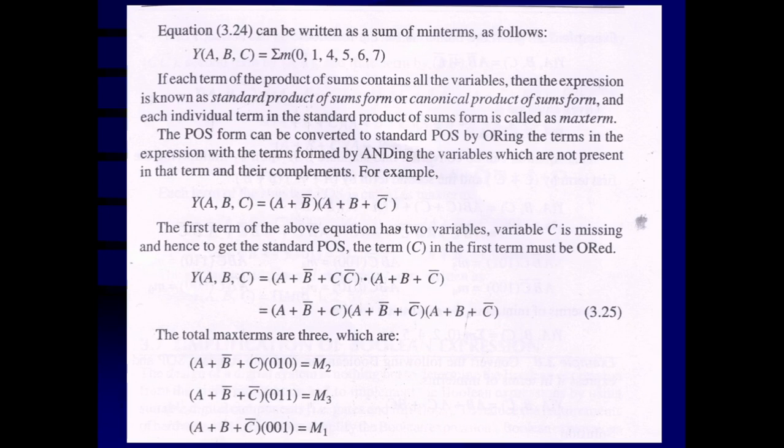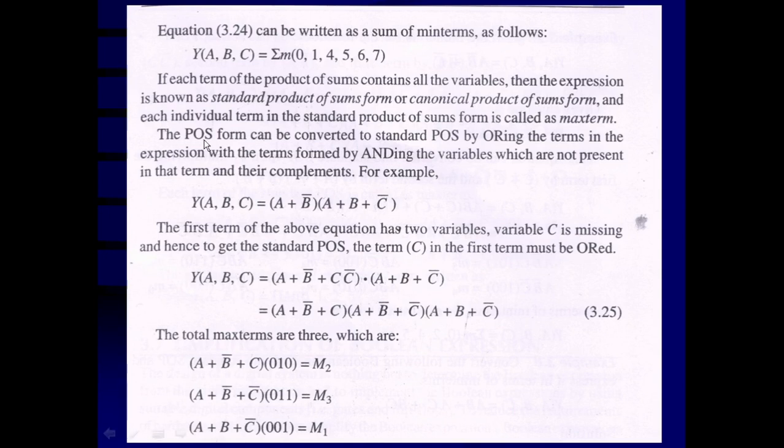Now in the product of sums form, it is known as a max term. Here in the product of sums form, each term should contain all the variables, then it is called a standard product of sums form, or canonical product of sums form. And each term is known as max term. Remember,